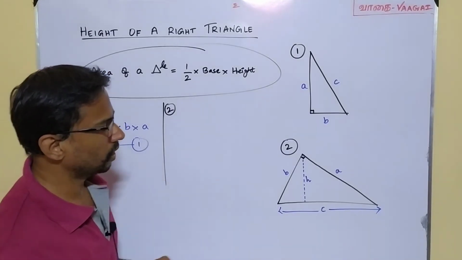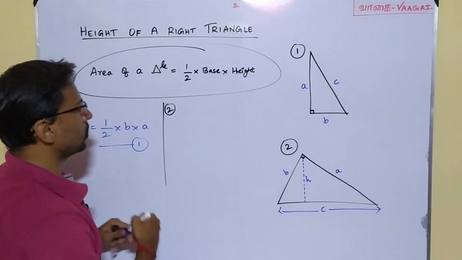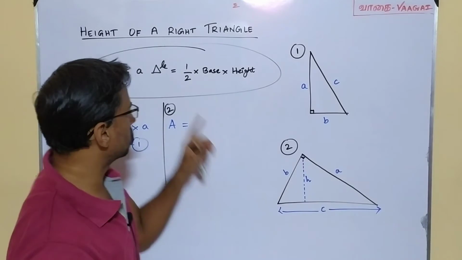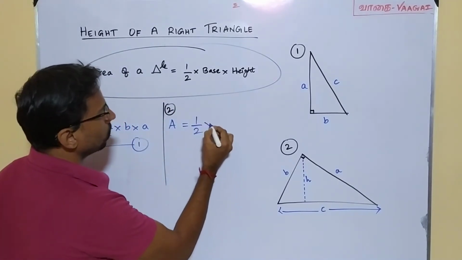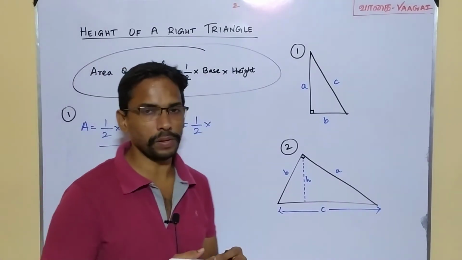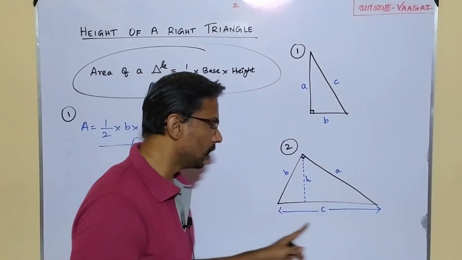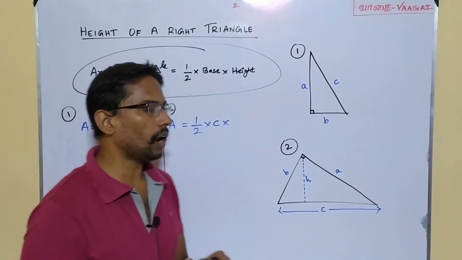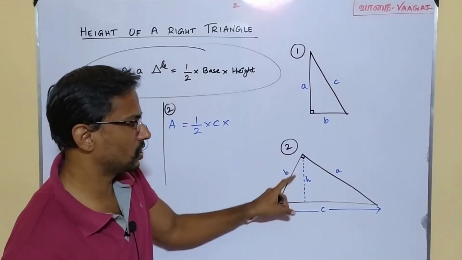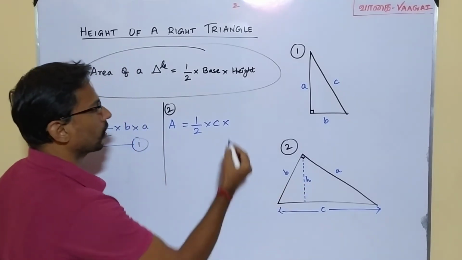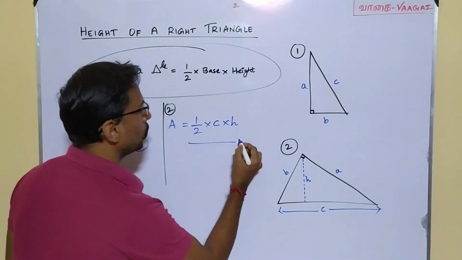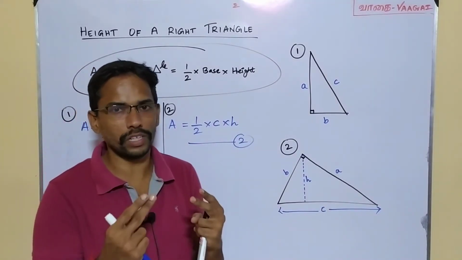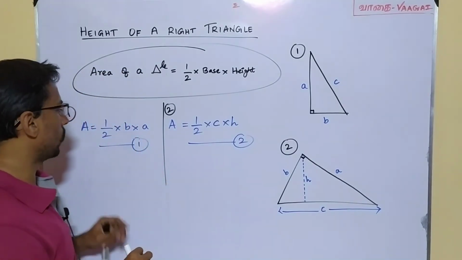Coming to case 2, if you consider here in this case, area of the same triangle will be again, using the same formula, half into base into height, whereas here our base is going to be this hypotenuse C, right? So half into C into, and here our height is nothing but the height which we have already marked, h. I am going to take this one to be equation 2. So now we are ending up with two equations. Now let us equate both the equations. We can do that, right?